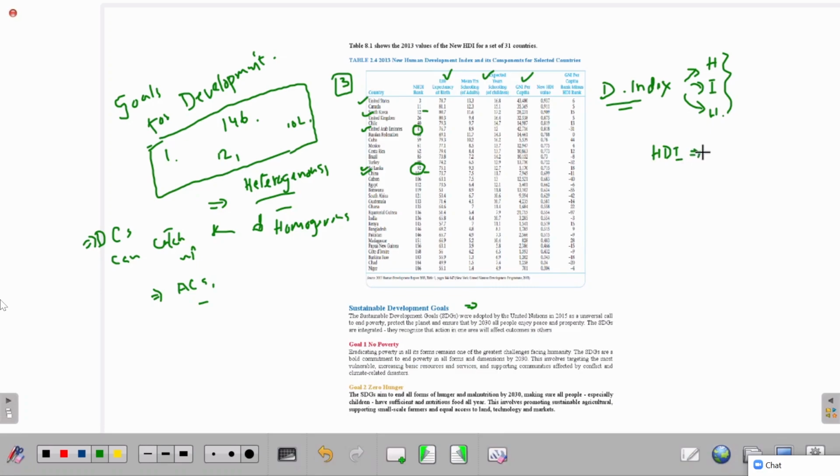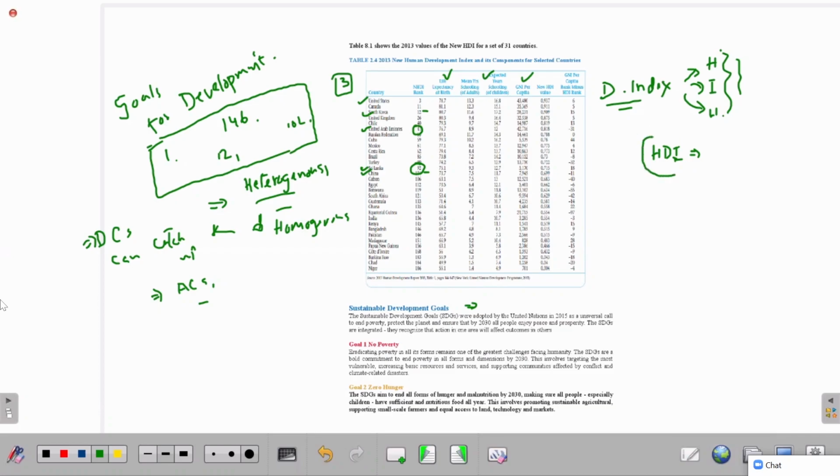Previously, HDI took a weighted average of this, and it is not the right way to take the simple average. So they are taking the geometric average to maintain the homogeneity among the group. I mean, simple average is definitely not enough, and weighted average is not enough to maintain the homogeneity among the dimension indices. So that's why